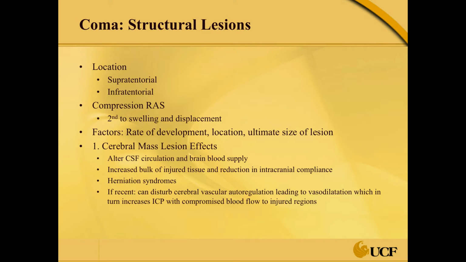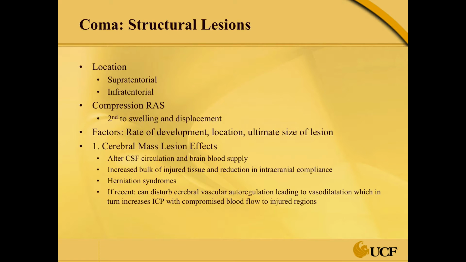So structural lesions, the location, supratentorial, infratentorial, we'll talk about that. Compression of the reticular activating system, secondary to swelling and displacement. Factors that are going to play a role here are the rate of development of the lesion, where the location of the lesion is, and then ultimately the size too. That is going to play a big role. Cerebral mass lesion effect, you get altered CSF circulation and brain blood supply. You get an increased bulk of injured tissue and reduction in intracranial compliance, herniation syndromes, and if it's a recent lesion, then this can disturb cerebral vascular